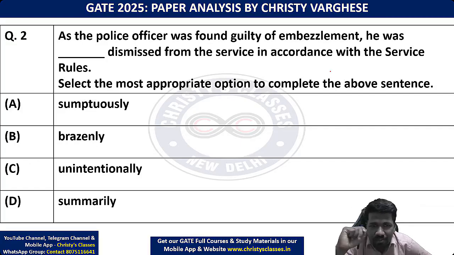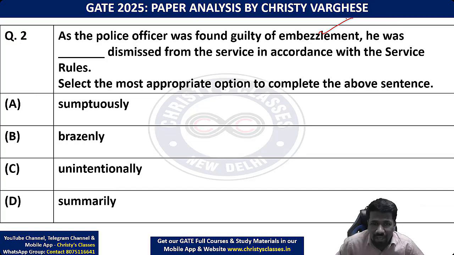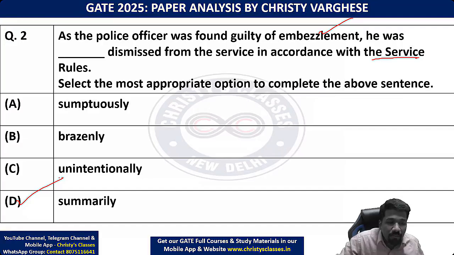He was dash dismissed from the service in accordance with the service rule. So ये एक बहुत बड़ा क्राइम है ना, उसको एक रिस्पॉन्सिबिलिटी दिया, वो रिस्पॉन्सिबिलिटी उसने रॉन्गली किया, that is a big crime. इसलिए उसको कैसा डिसमिस करना है, लॉजिकली सोचो. बहुत प्रोसीजर के बाद डिसमिस करना है, या इमीडिएटली विदाउट एनी फॉर्मेलिटी डिसमिस करना है? विदाउट एनी फॉर्मेलिटी डिसमिस करना है ना. सर्विस रूल्स में भी वो एप्लीकेबल है, इसलिए उसके लिए वर्ड समरली है.